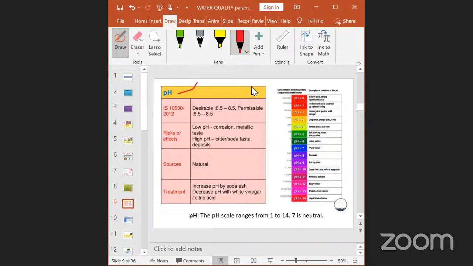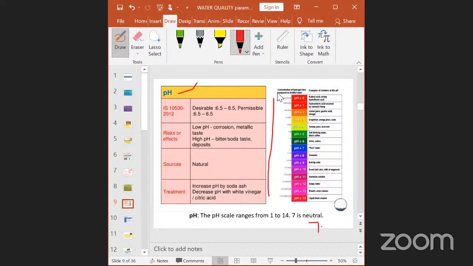The pH scale ranges from 1, being the most acidic, to 14, being the most alkaline. So solutions with a pH less than 7 are typically classified as acidic,